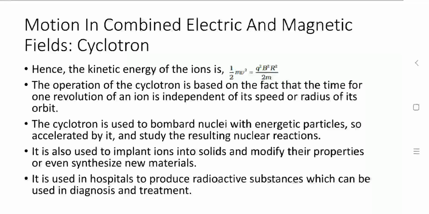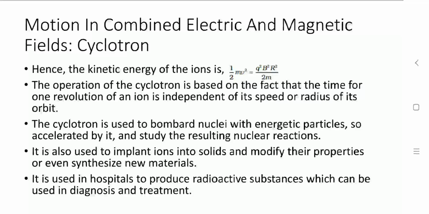Now the oscillator frequency should be the same as the proton cyclotron frequency, and that gives B equals 2 pi m v by Q. 2 pi equals 2 into 3.14, so 6.28, generally 6.3. m is given as 1.67 into 10 raised to minus 27. v is given as a 10 megahertz frequency, so 10 into 10 raised to 6 hertz, so 10 raised to 7. Q is already given as 1.6 into 10 raised to minus 19, so that would be 0.66 Tesla.